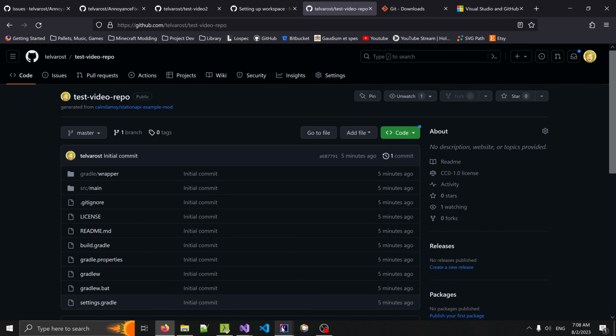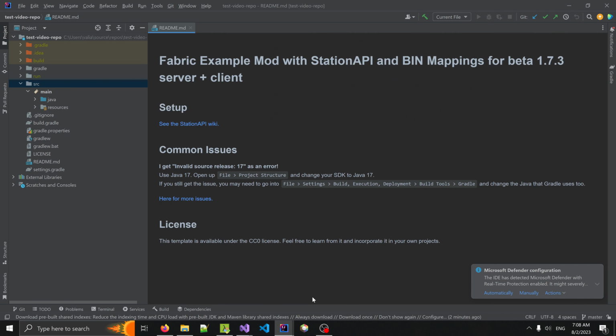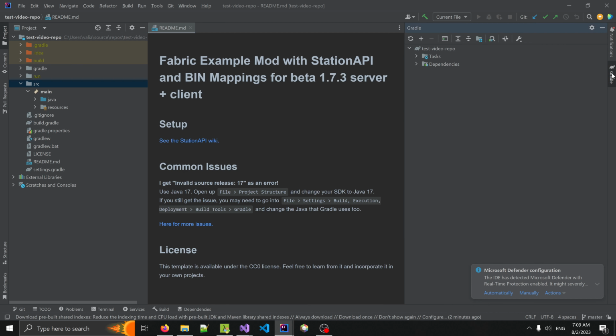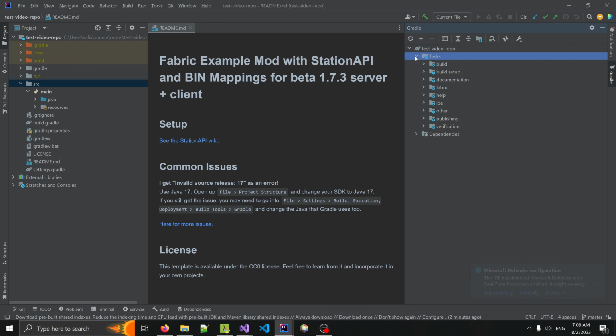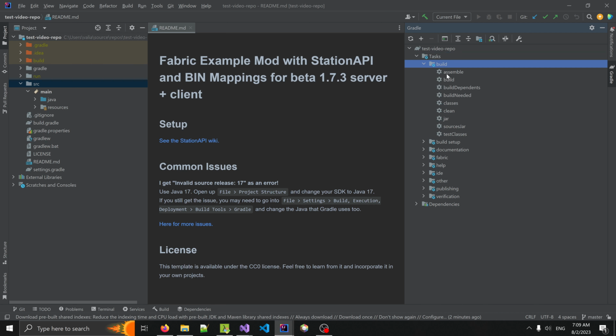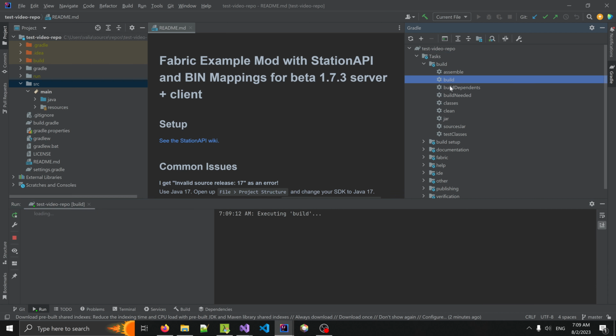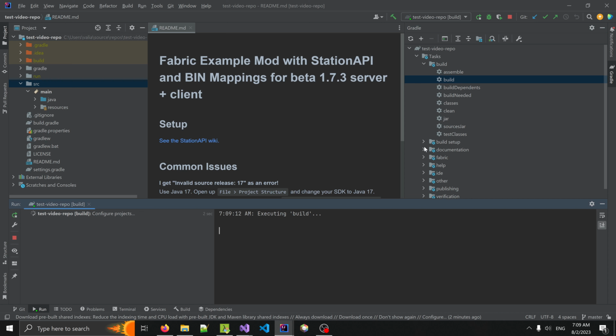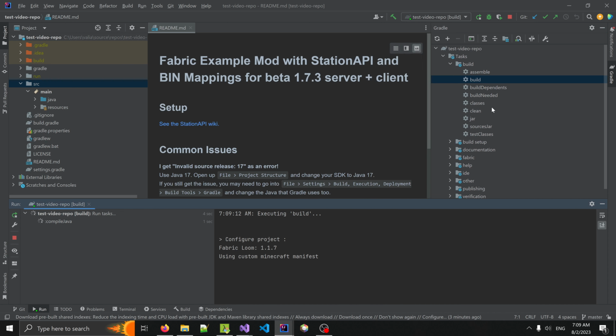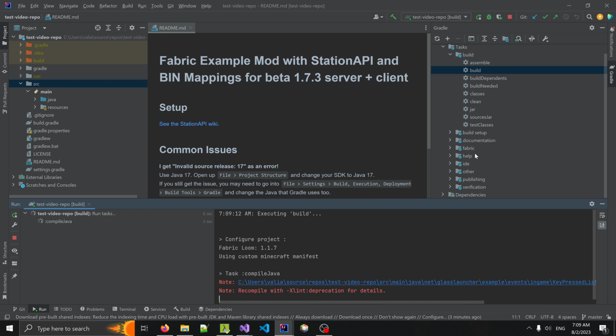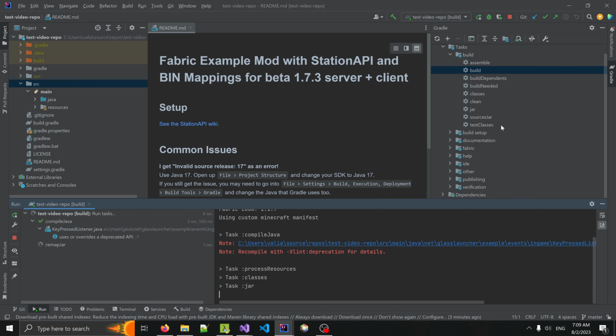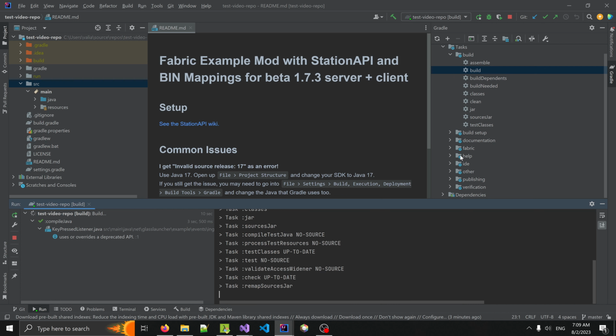test video repository. And if I open up my instance of IntelliJ here, you should remember from the last video that once you have this, you can open up the Gradle tab and you can build it. We can build it first, see that it builds, but then after we build it, we can run it and see what this is all about. So this is an example mod just to show you kind of how working with